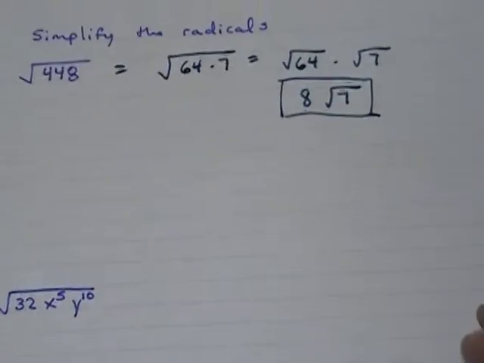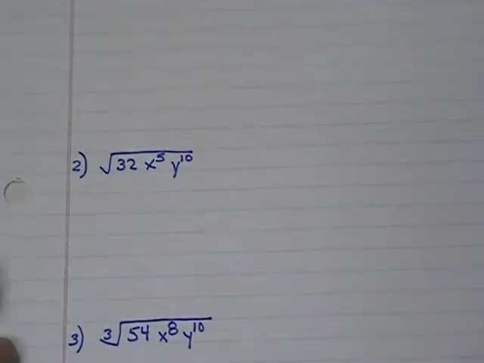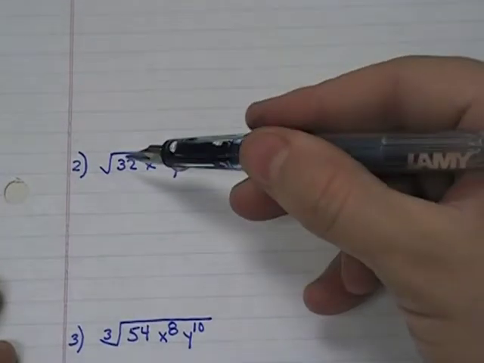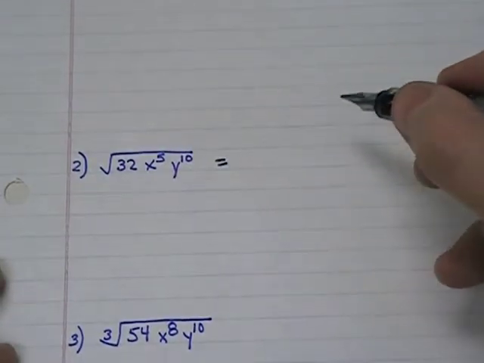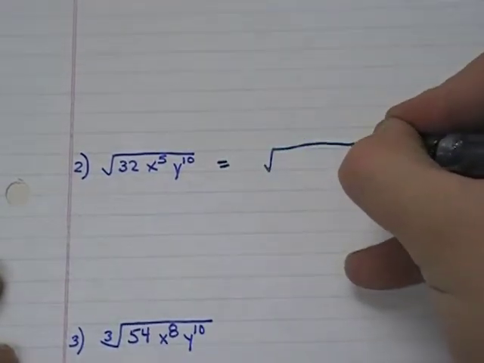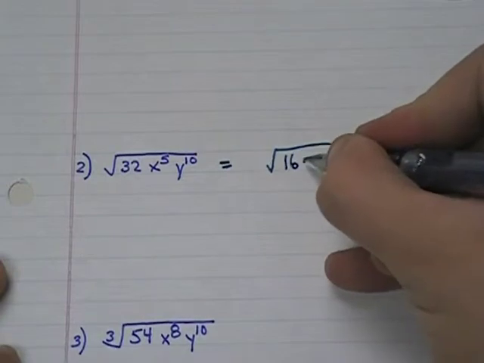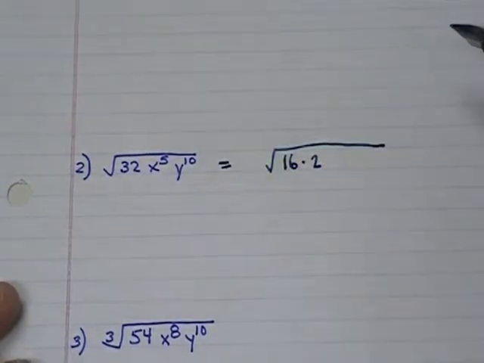Okay, so we want to go from that. Let's make this a little more complicated. Let's throw in some variables. We have 32x to the 5th, y to the 10th. So again, I'm going to look for perfect squares. And immediately I notice that 32 is the same as 16 times 2. And x to the 5th,